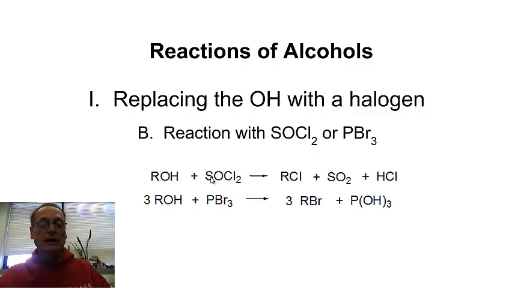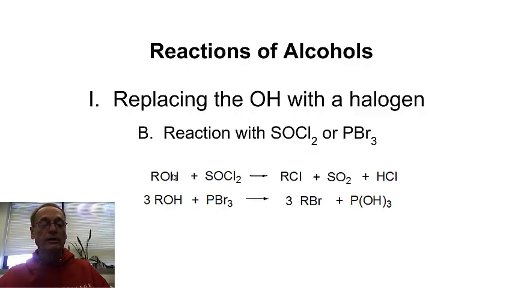I'll go ahead and tell you the skeleton. The sulfur is double bonded to an oxygen, and then the two chlorines are each bonded separately to the sulfur. So it's chlorine, sulfur, chlorine with a double bond O on the sulfur. That's called thionyl chloride. And when you react it with an alcohol, very quickly, easily at room temperature with no